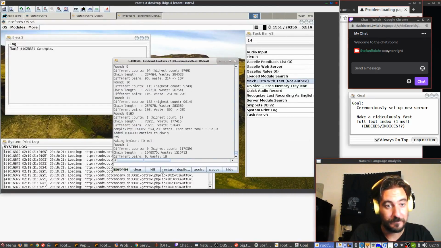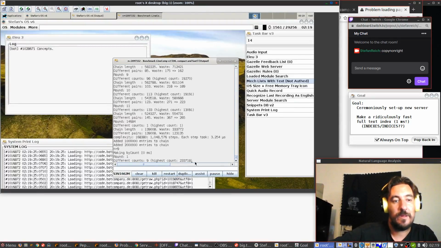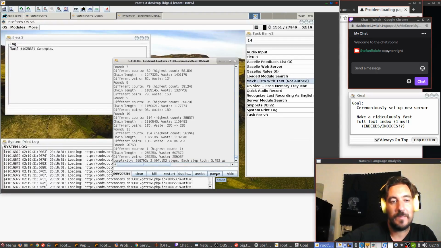So yeah, it's benchmarking. I think it starts with exactly 10 megabytes of random data. Just combinations of A, B, and C in random order.